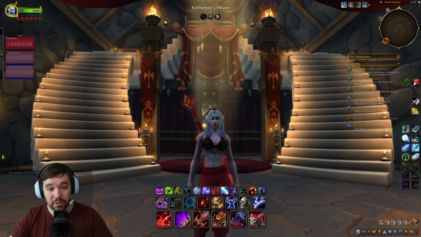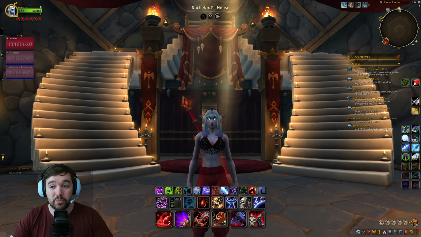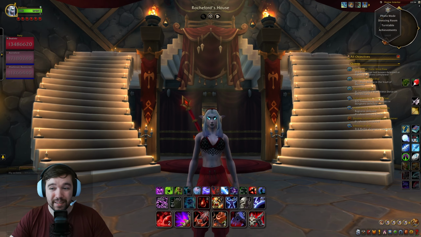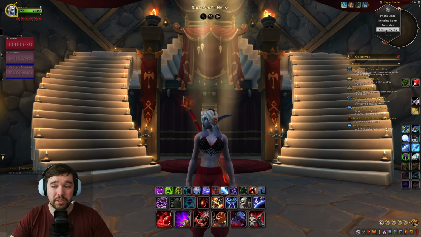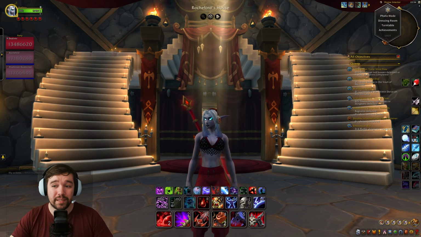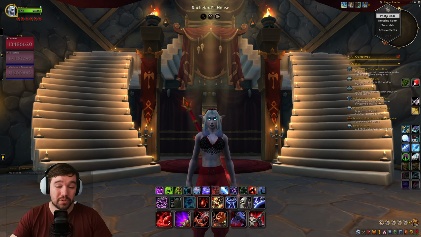After you have installed the add-on called Narcissus, you will see at your minimap in the top right corner this little star icon or whatever it is. When you move your mouse over it, it has photo mode, dressing room, turntable, achievements. We're going to ignore everything on this list except the one called photo mode, because this is what the video today is about. When you click on photo mode, or you can also just right click on it up here,